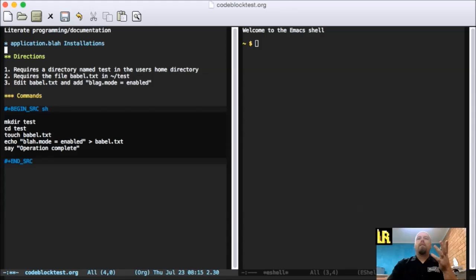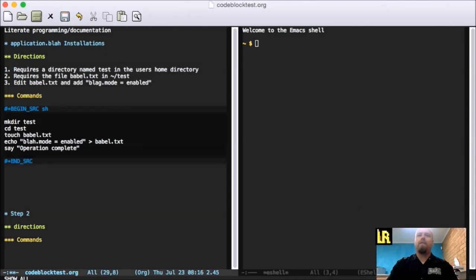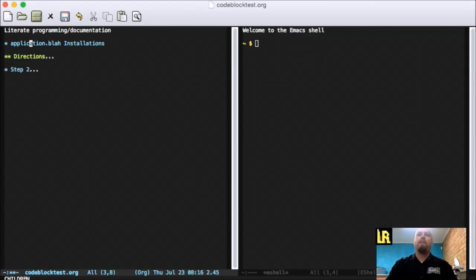With org mode, you can do collapsible trees, so that way it's easy to comb through the documentation. Obviously you could have multiple entries down here, like step 2, and things under it. And you can expand them all out and that sort of thing. It's one of the reasons why I love Emacs. But anyway,